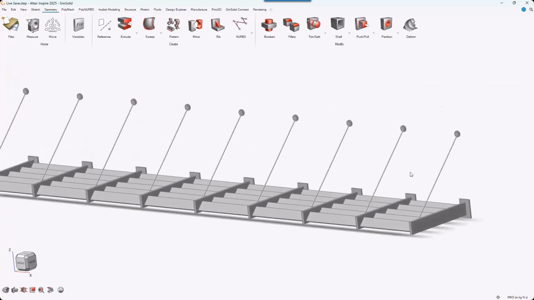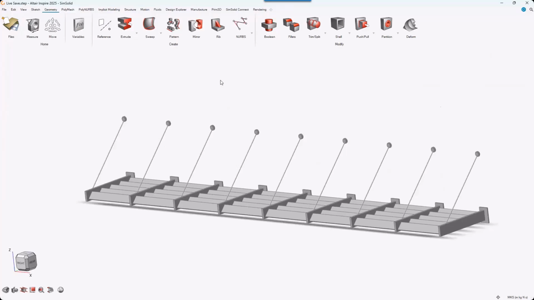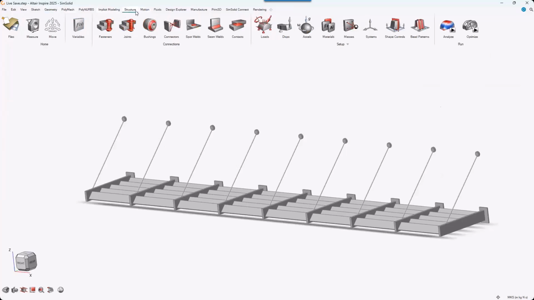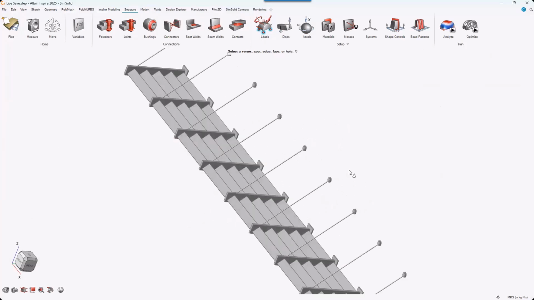Perhaps whoever built this CAD model didn't necessarily have the intention that they were going to eventually have this running in a simulation software like Inspire or SimSolid. Once we get it the way we want, we can then switch to the structure window or structure tab here. And I can set up things like my contacts, my loads, my supports. So I could go in here and apply my supports to the parts that I want to apply those supports to, apply my loads, and then run SimSolid Solver directly